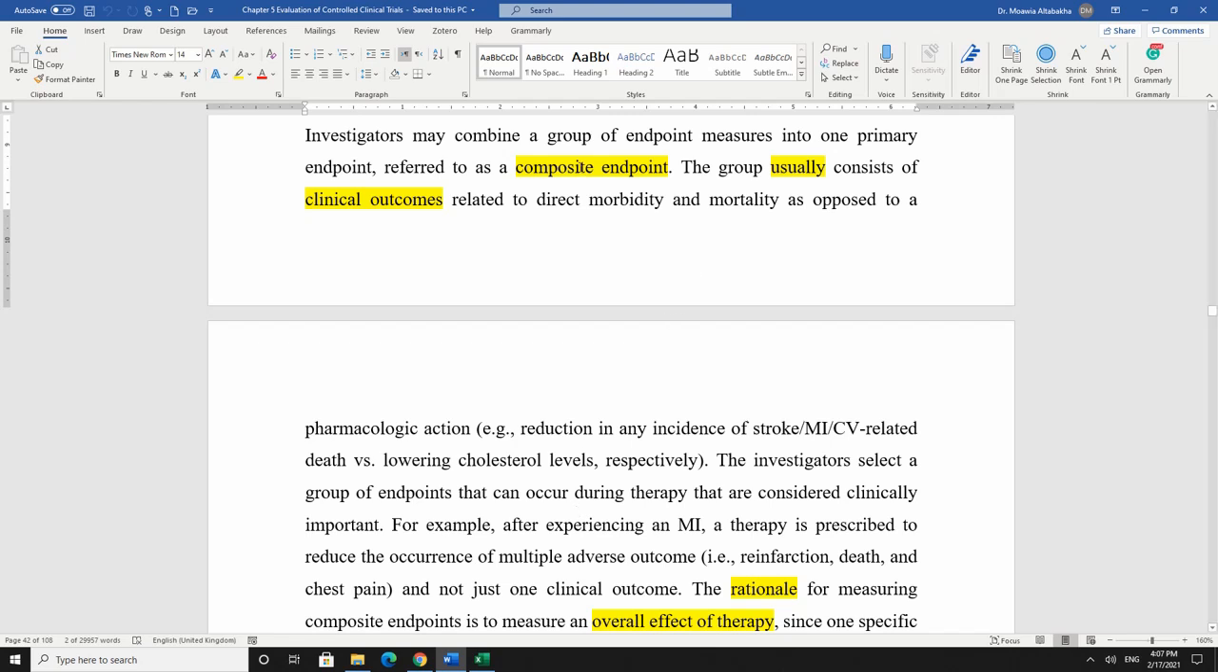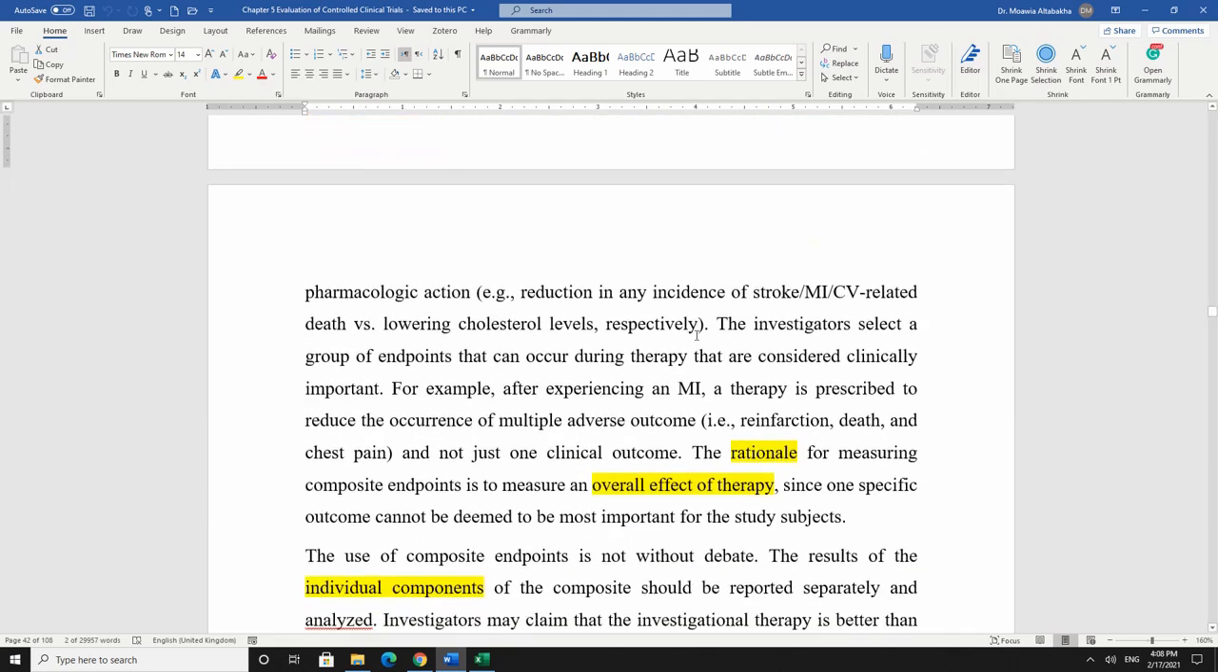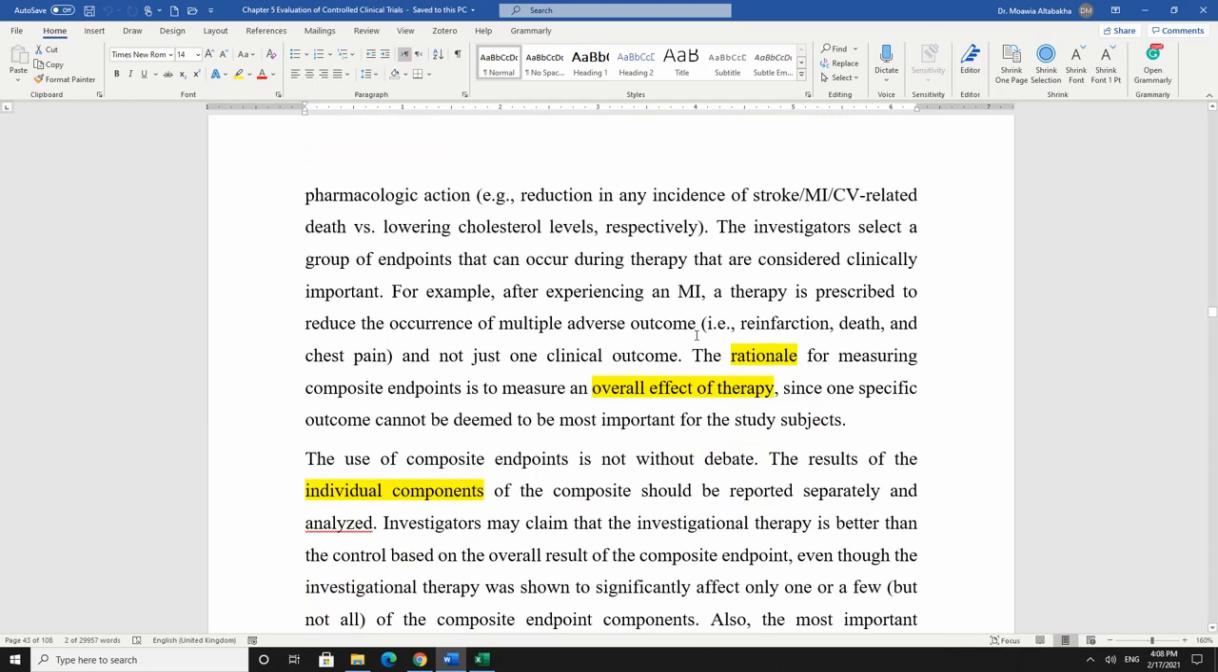Now why do some investigators say we need to have composite endpoints? The right reason is when the clinical outcomes are all important in the same way. Okay, meaning they are equally important. They have equal importance. So that's why they are putting them together. Okay,